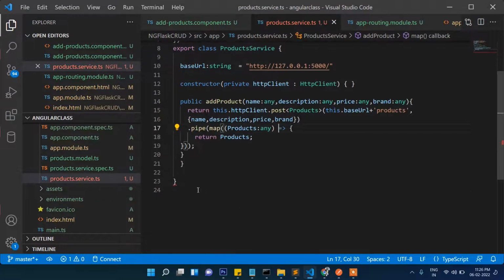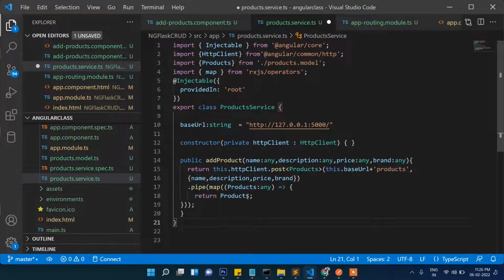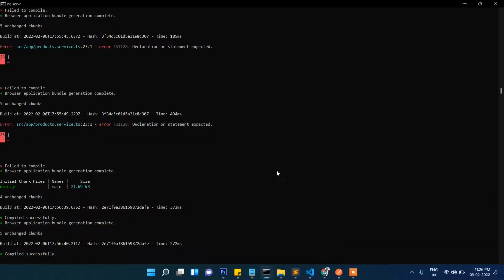Okay, yes, there was one extra curly brace. Now it ran successfully. Let's go here